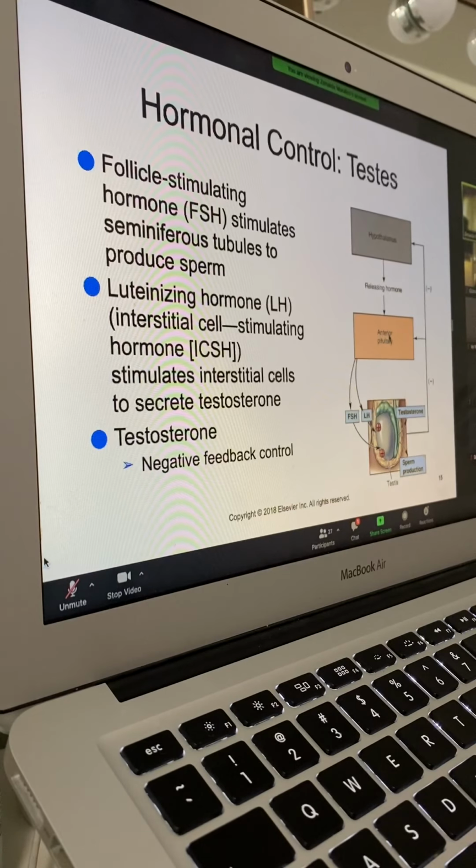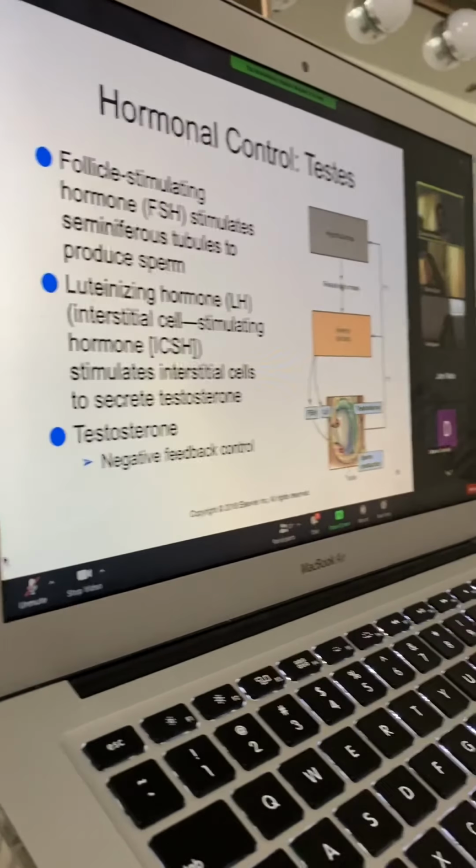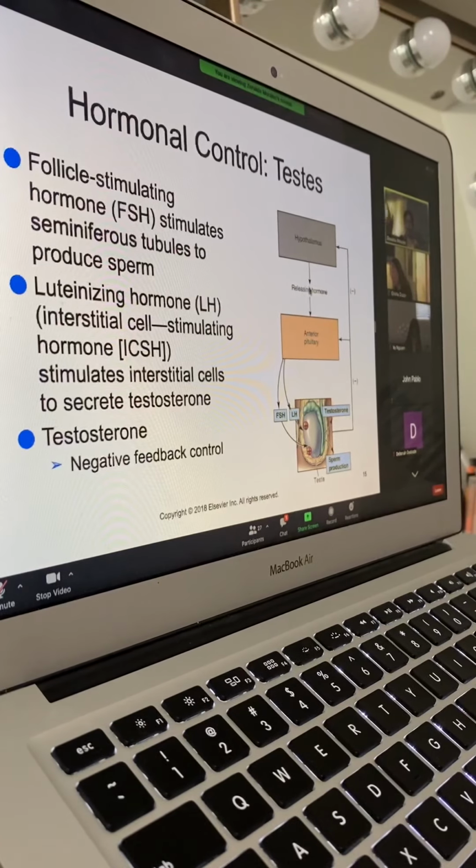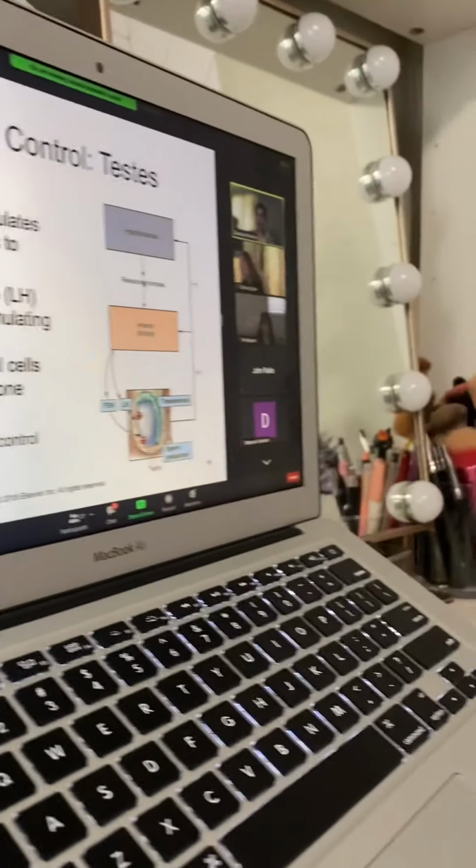It will stop the anterior pituitary from releasing the FSH and LH. That is the negative feedback mechanism. Remember what we took up? The antidiuretic hormone is the same thing. Once the blood volume